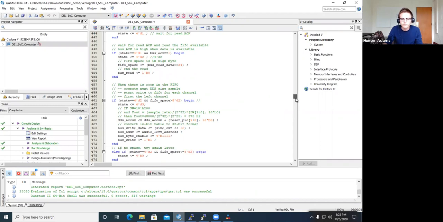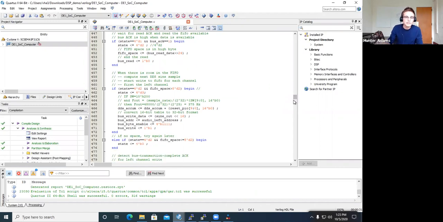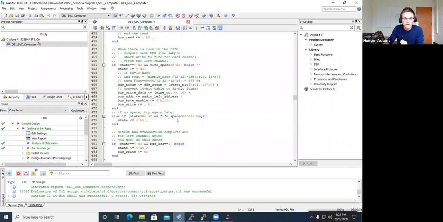So the next step that we take is conditional on how much space is available in that FIFO. If there is less than 2 spaces in this particular example, it could be less than 1 space, but if there's less than 2 spaces available in that FIFO, we go back to state 0 and we try again. We wait for more space to be freed up in the FIFO. In the case that there is space in the FIFO,